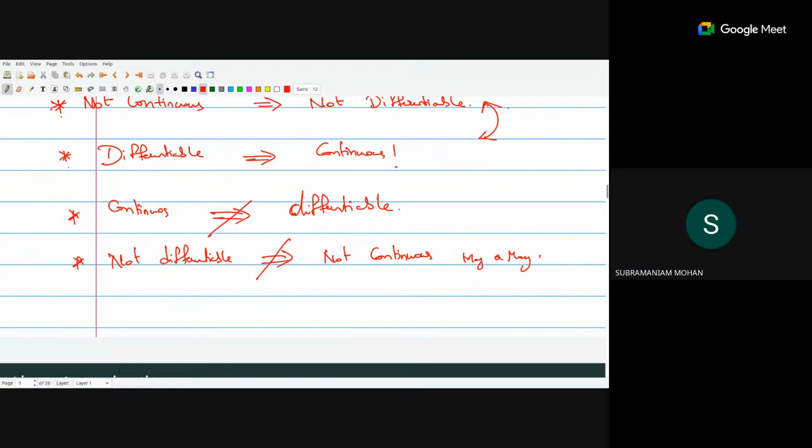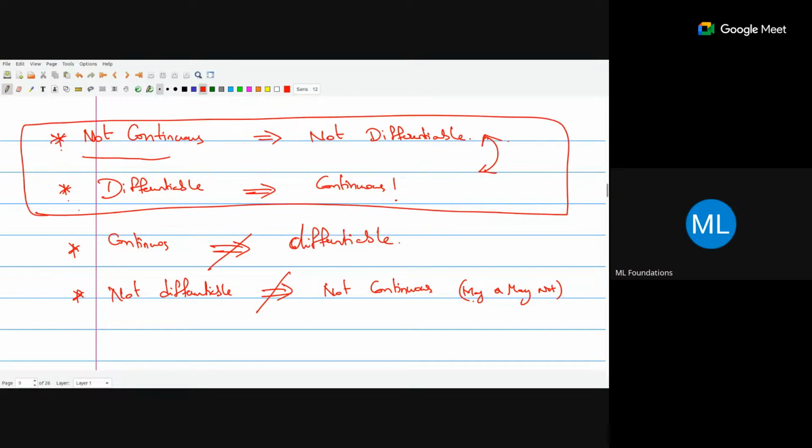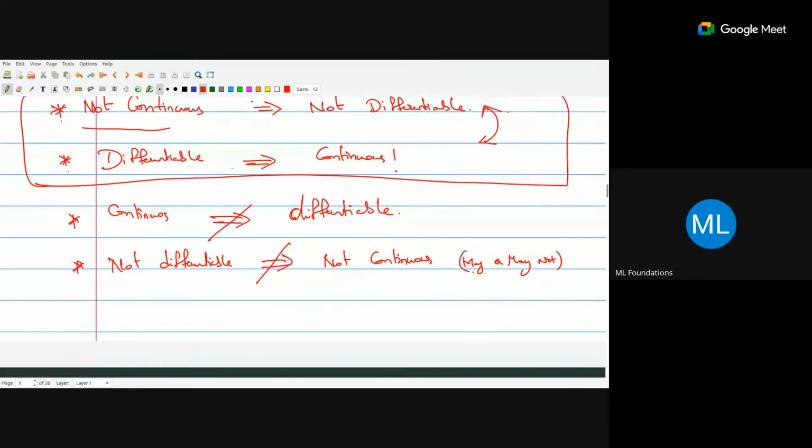That is the first point you have written, sir. No, this is not differentiable does not imply not continuous. That's what you are telling in the last point also, no? First point is not continuous implies not differentiable. It's the reverse, not differentiable and not continuous. Yes, it may confuse. That is why I said these are the two important ones. So what I say is the implies will not work. The below ones are the other way around things. They may or may not work. We can't strongly say they imply that.